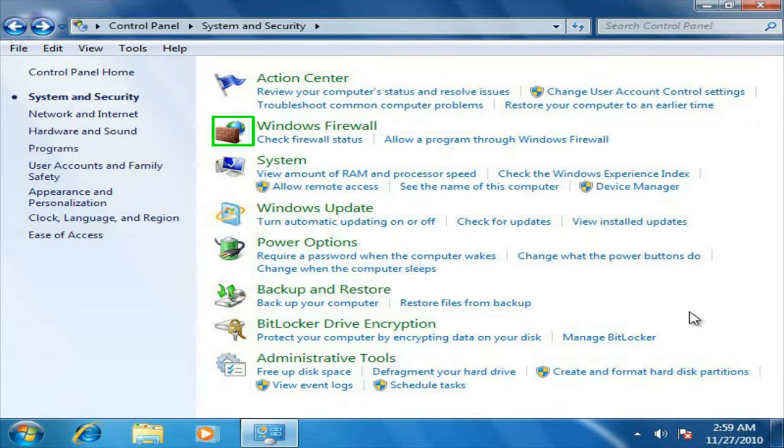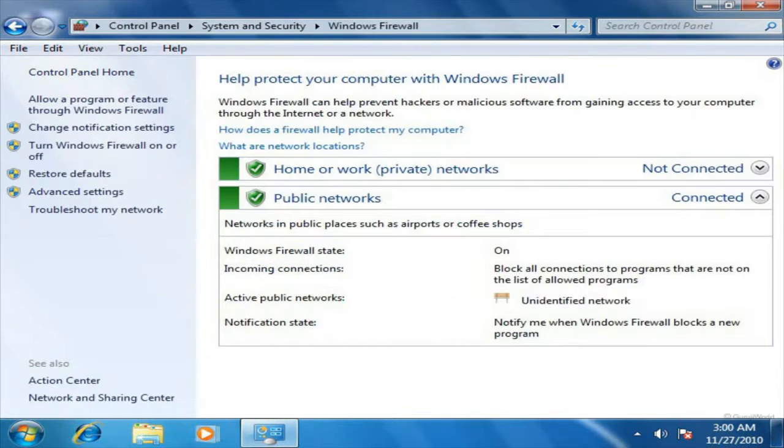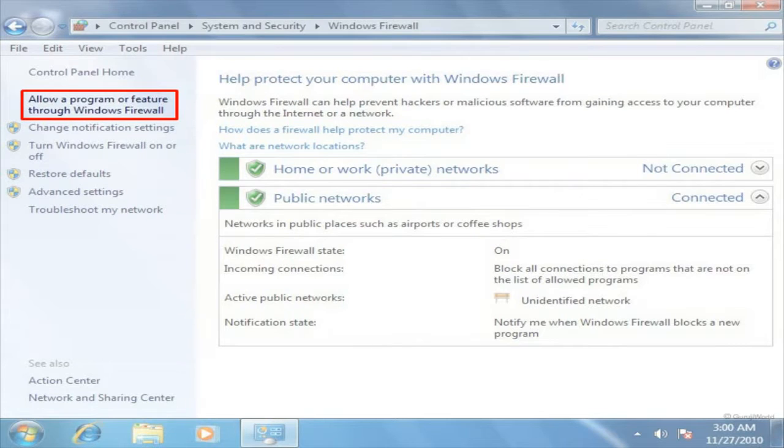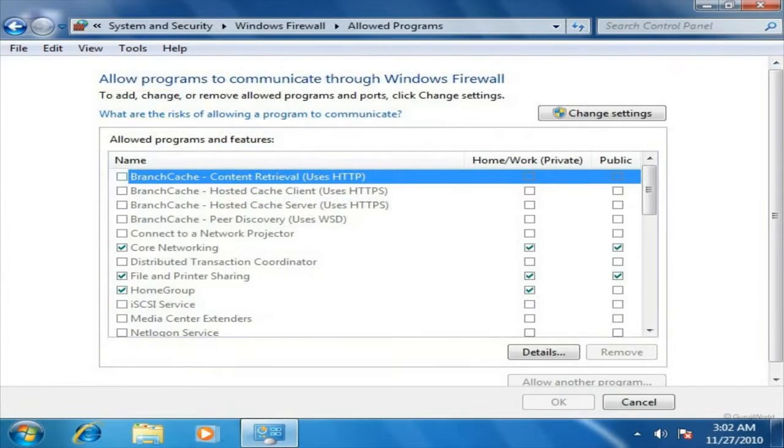We have returned to the System and Security page. Click the blinking Windows Firewall icon. Here, you can view the status and adjust how the operating system's built-in firewall works. By clicking Allow Programs to Communicate through Windows Firewall, a page opens that allows or disallows programs from sending information to or from your